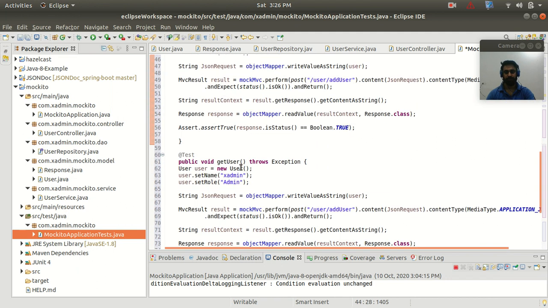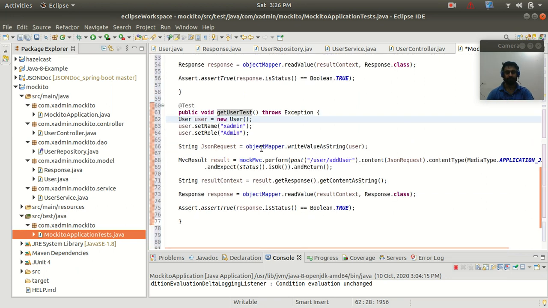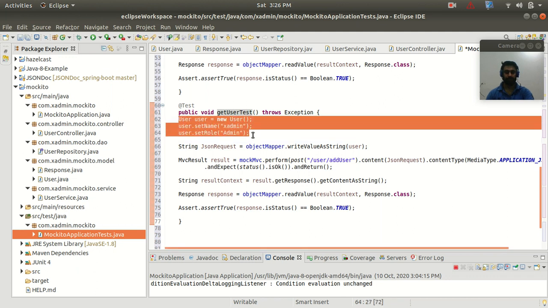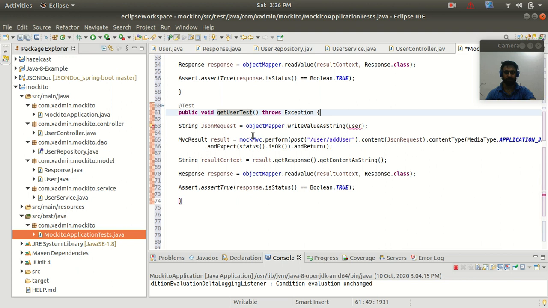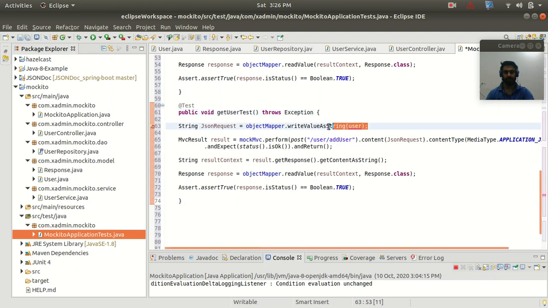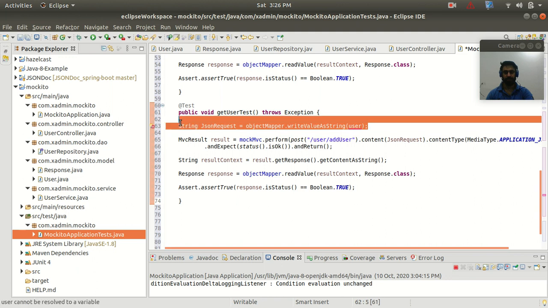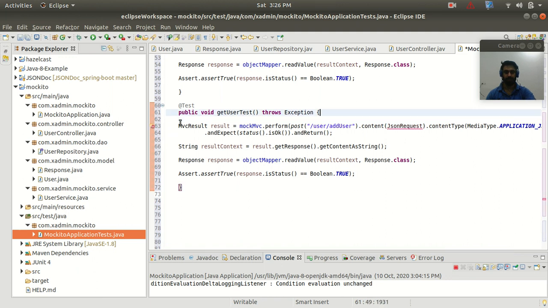In the same way, it will be the getUserTest method, right? Here we don't need any user object, and we also don't need to convert into a string.